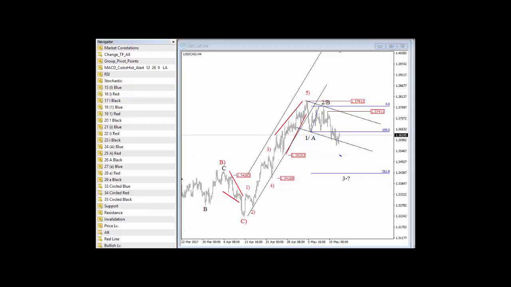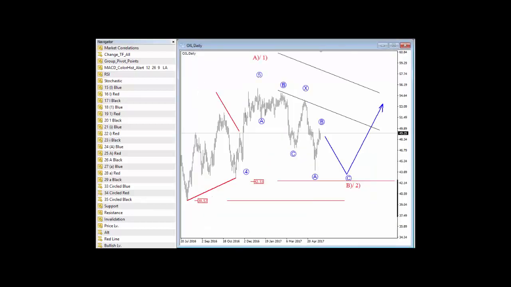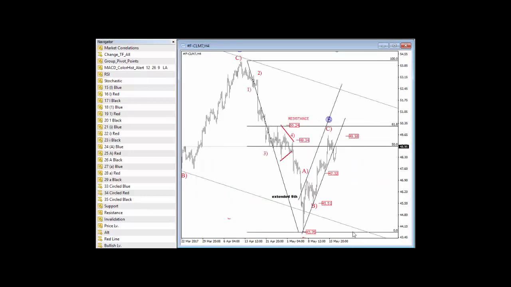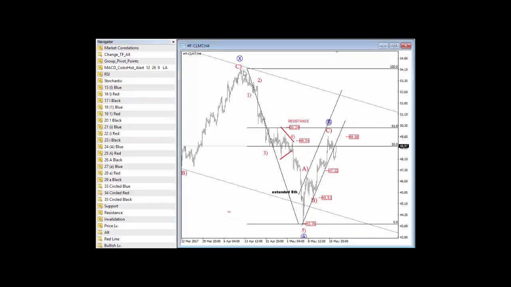Okay. Also, crude oil has a strong impact on the Canadian dollar, as you know. So last week we were looking for higher prices on crude oil. Actually, we have seen a nice reversal to the upside. We said that we are expecting at least 3 waves to the upside back to the area of a former wave 4. This has occurred. We have tested the 50% retracement compared to the previous 5 waves of decline. So this was a do-or-die zone. We have seen some sell-off, but it looks like the sell-off is only in 3 waves.